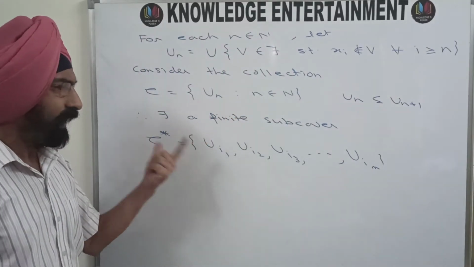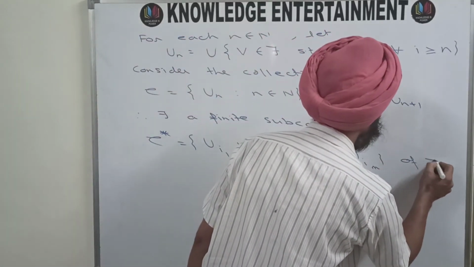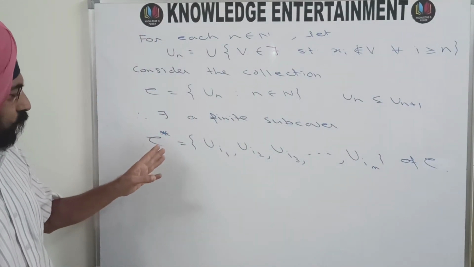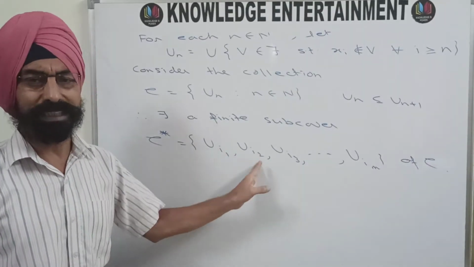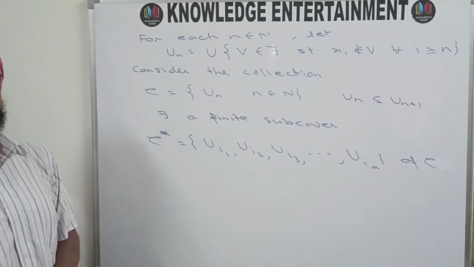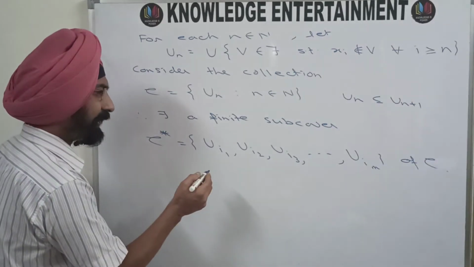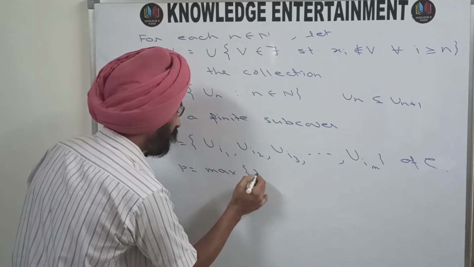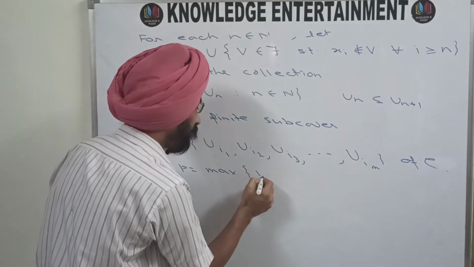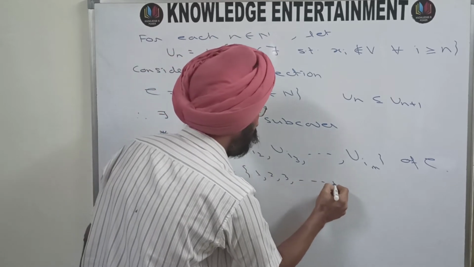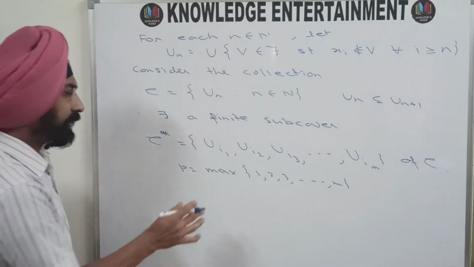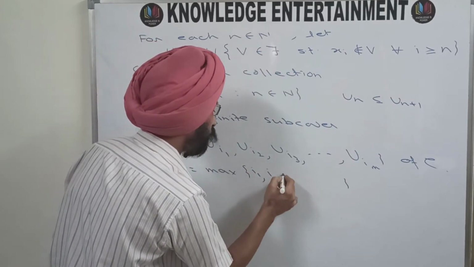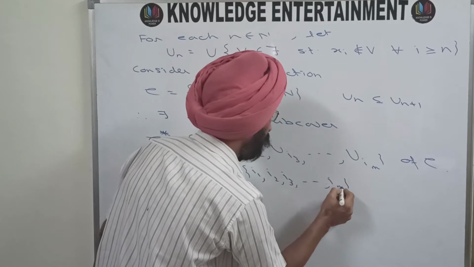So this is a finite subcover C star of C, and C is a countable open cover of X. So the union of these members will cover X. And one more thing: if I take P to be the maximum of all these, I1, I2, I3 and so on up to Im,